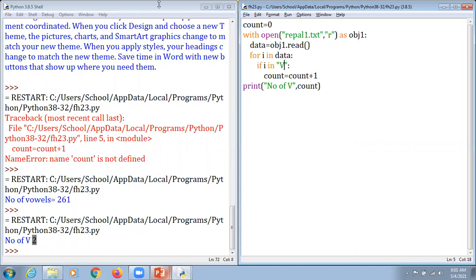If this program is clear, kindly type yes in the chat box. Yes in the chat box. Be quick. We have only 9 minutes left. I think so. Very good. Great. Yes, students are typing yes, but not as fast as they are supposed to. Very good. Thank you, Shari. Okay, no issues with that.